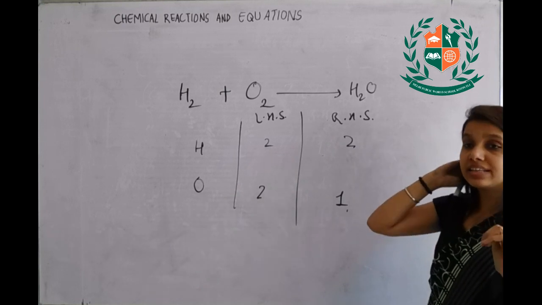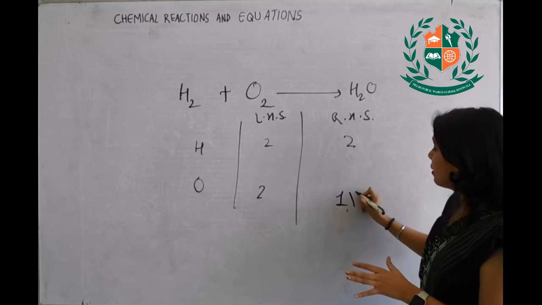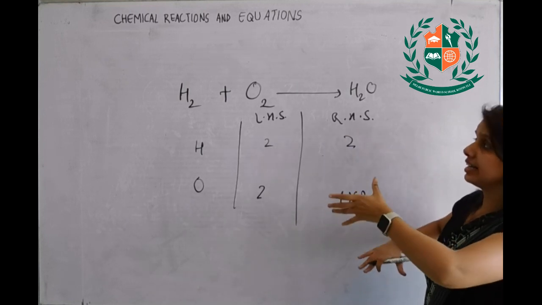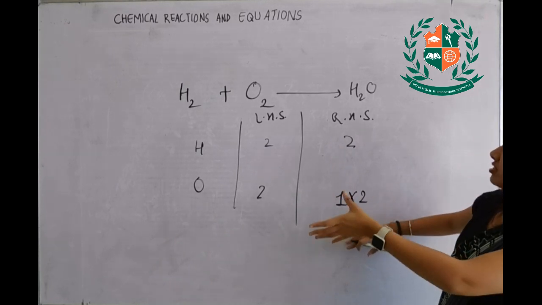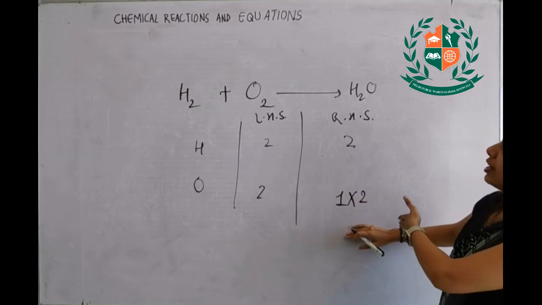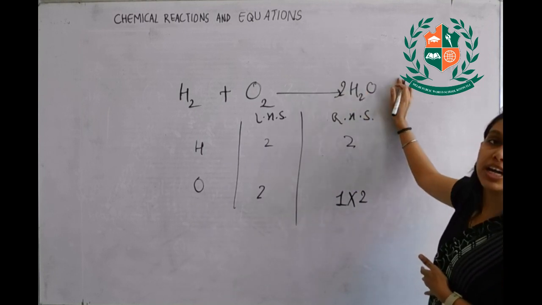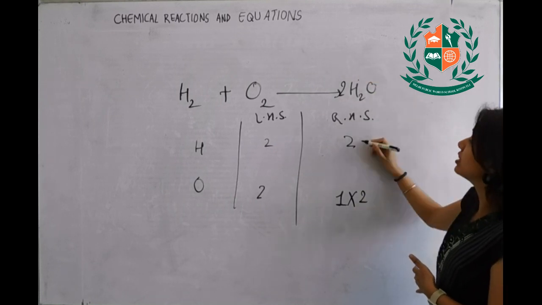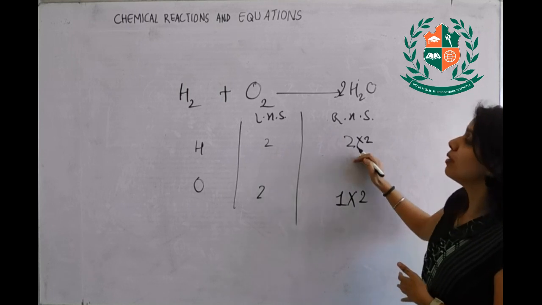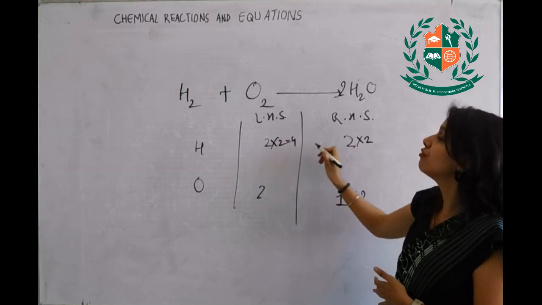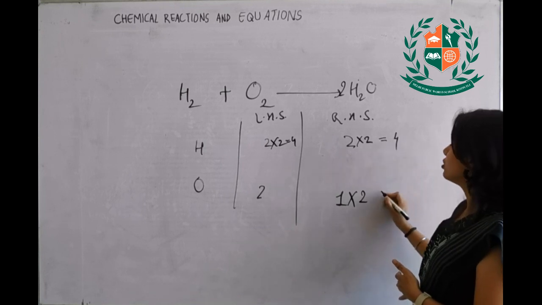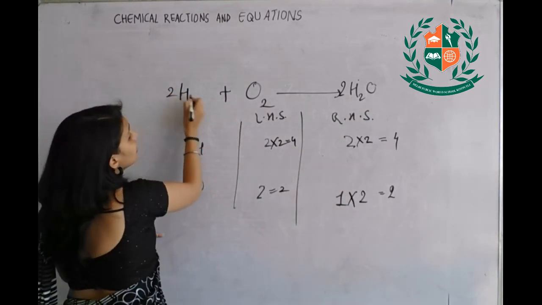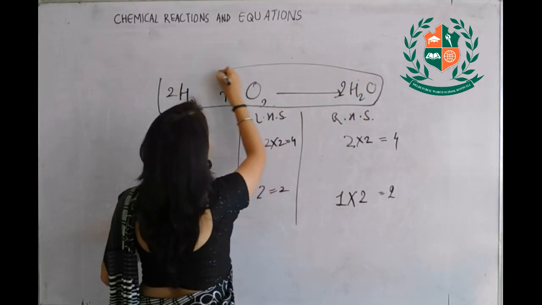So how do we balance it? Basically, we just multiply with a number. We will discuss this balancing in detail. Here, since this is a simple reaction, we just multiply with a whole number. When we multiply here, the total number of hydrogen also changes along with the oxygen, so to balance it up we will multiply this as well. Now we have 4 hydrogen on this side, 4 hydrogen on the right hand side, 2 oxygen on the right hand side, and 2 oxygen on the left hand side. So this is our balanced chemical reaction.